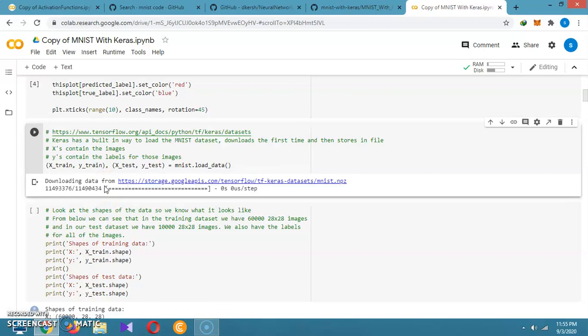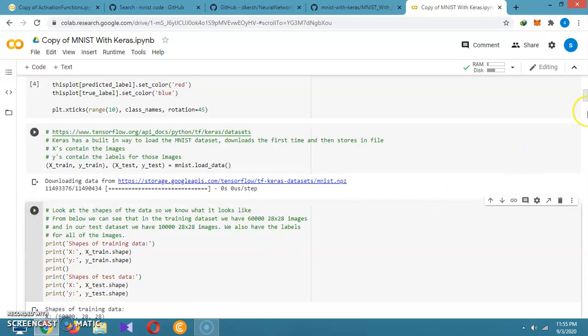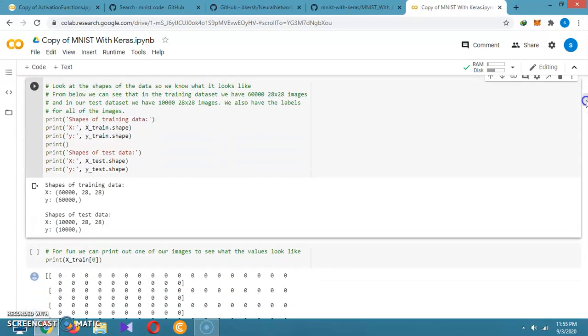Then we are downloading the MNIST dataset, and we are getting x_train, y_train, x_test and y_test. So 60,000 images will be downloaded in the training format and 10,000 images in the testing format, into which it is going to be separated. After downloading this dataset, actually we are calling it from the Google APIs. Then we look at the shape of the data, whether it has different formats or the same format. So these images are already in the format of 28 by 28.